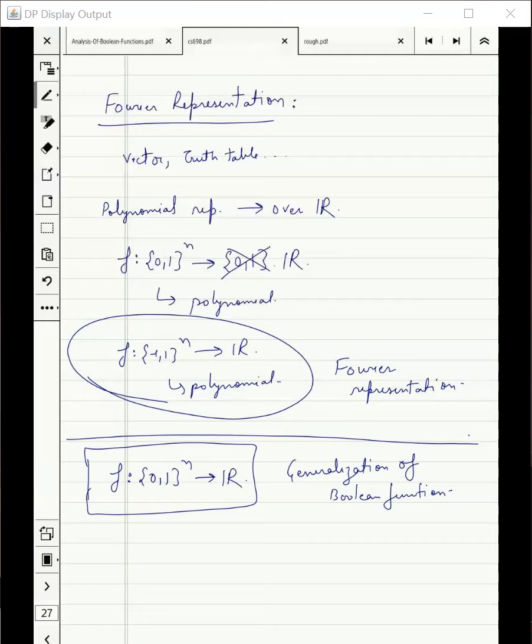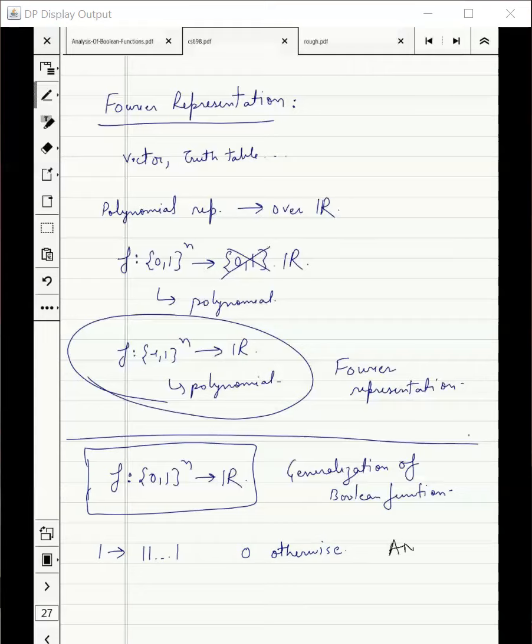You have seen many such functions. You have seen OR, AND, NOR, parity, majority, many such functions, right? Let me give you a specific function. This function is 1 when all the input bits are 1 and 0 otherwise. Do you know this function? AND function, right?